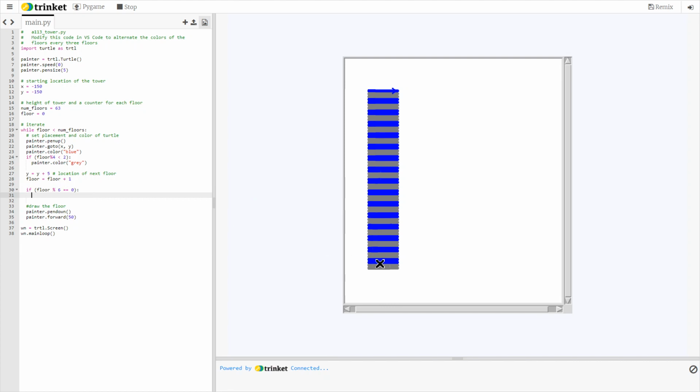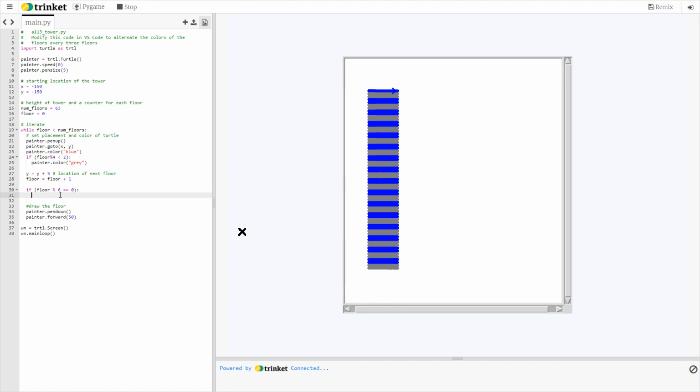Again, these numbers will repeat. If I do mod 6 on all the floor numbers, 0, 1, 2, 3, 4, 5, 6, 7, 8, 9, 10, and so on, the very bottom one mod 6 is 0, then 1, 2, 3, 4, 5, and once I do 6 mod 6, it'll repeat back to 0. So every 6th floor, when you mod 6, will be 0. So whenever floor mod 6 is equal to 0,